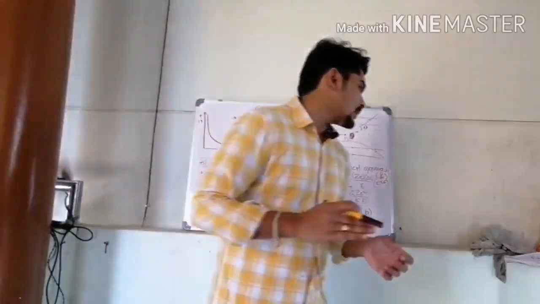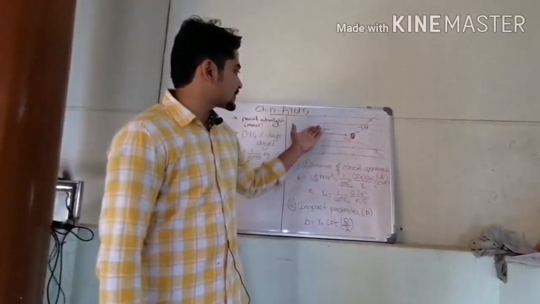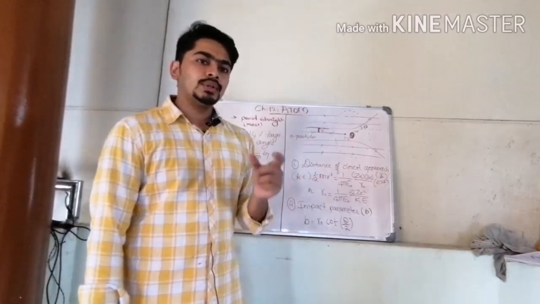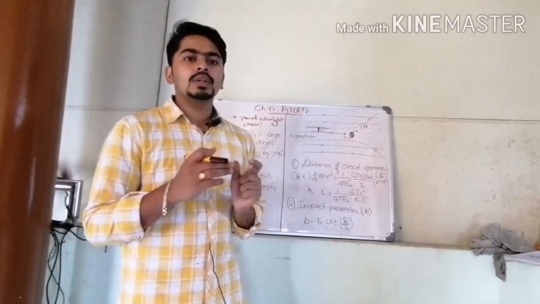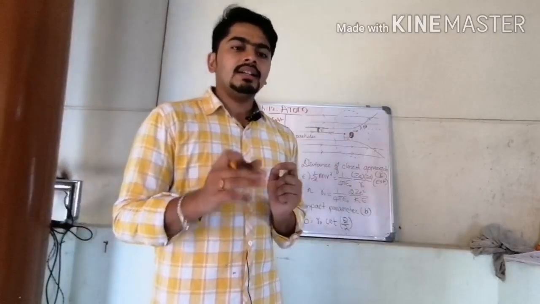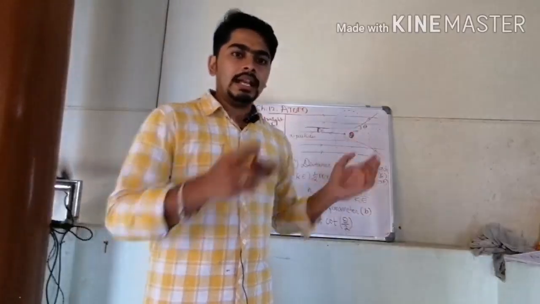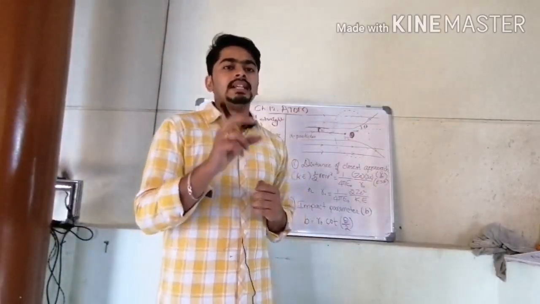And next one is about the size of the nucleus. Based on the explanation I have explained here, based on the distance of closest approach, the nucleus must be of the order of less than 10 raised to minus 15. And again, if I separately calculate those values, we can come to know the size of the nucleus.